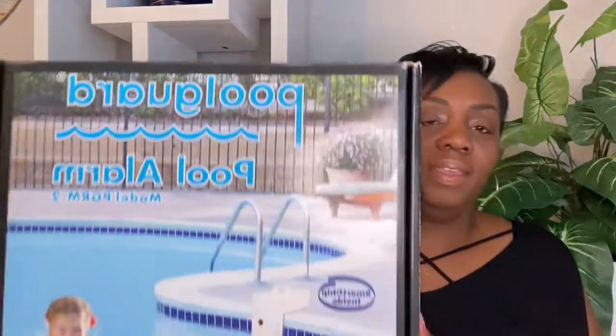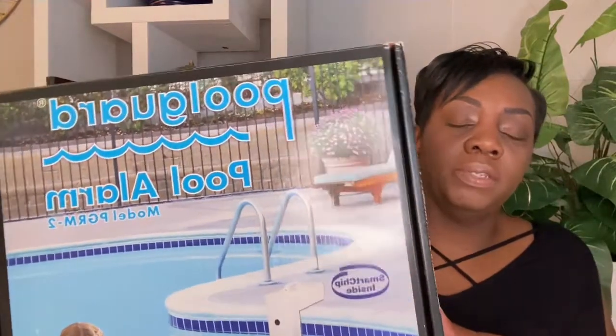All right, you guys, another thing that I purchased this month in March is this pool alarm. Now, you guys know I am building an in-ground pool right now, and we are about a month out. Y'all, I am so ready for this pool to be done. The next house I have, the pool is gonna already have to be there because